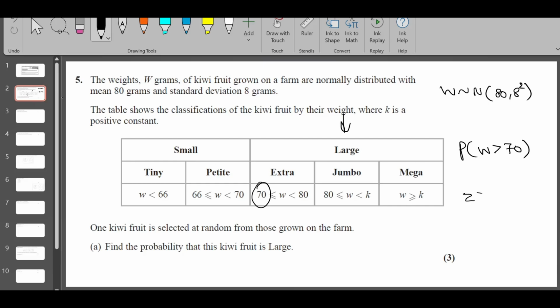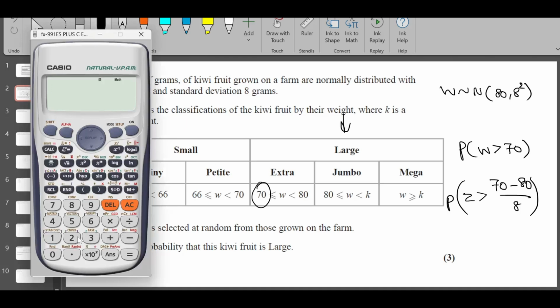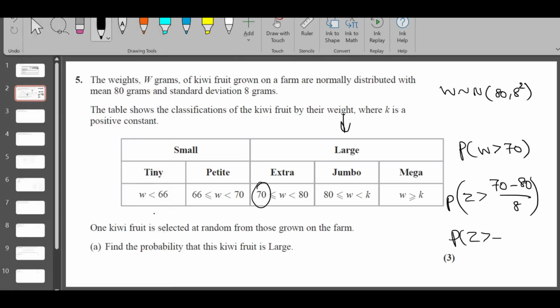Z is greater than X minus mu over sigma. You need to find this probability. That's basically minus 10 over 8. P of Z is greater than minus 1.25, which is same as the left hand side area of the positive